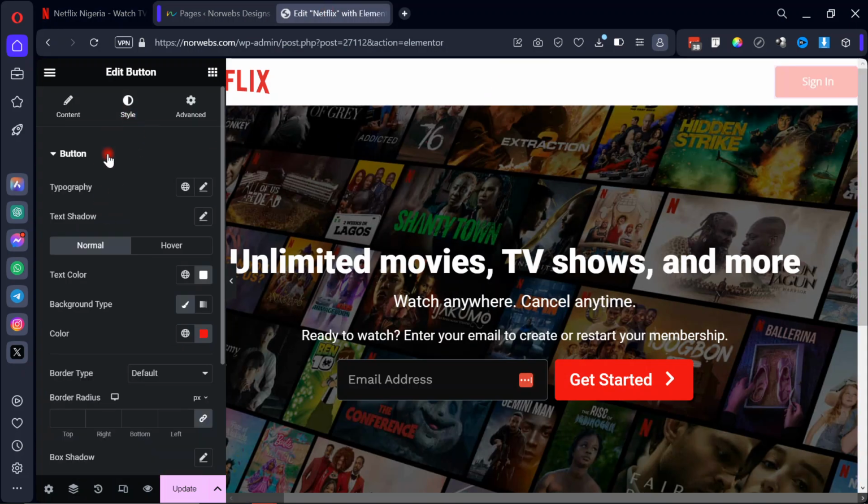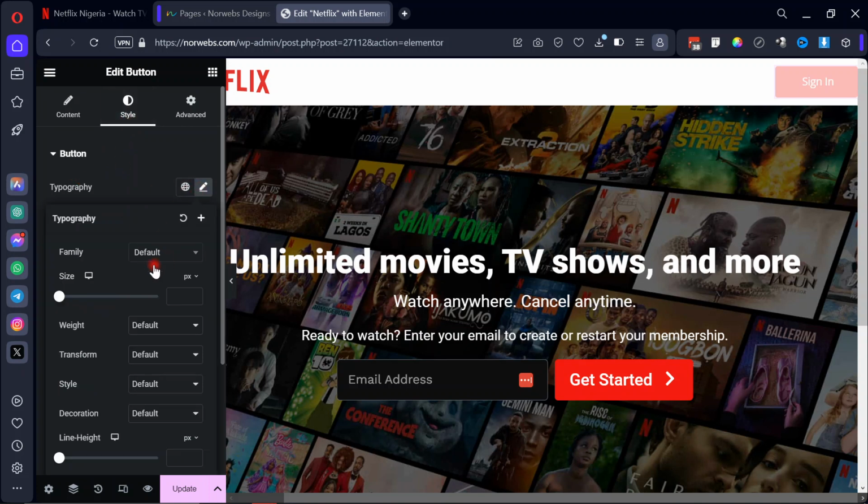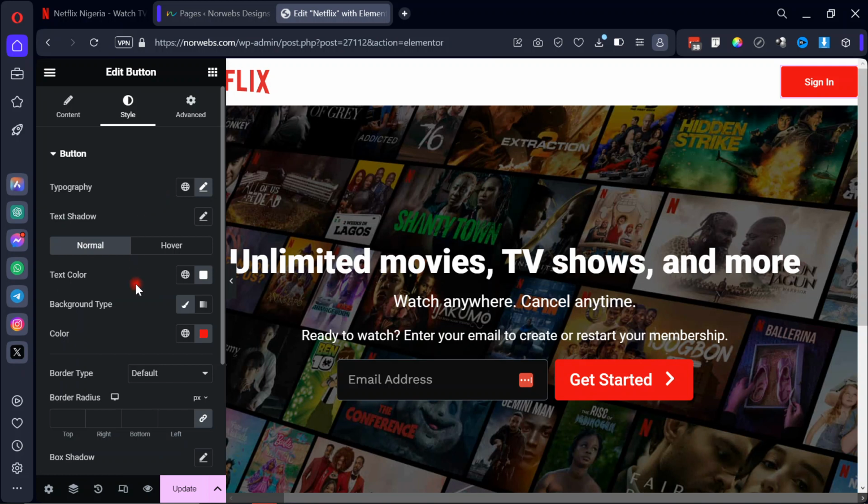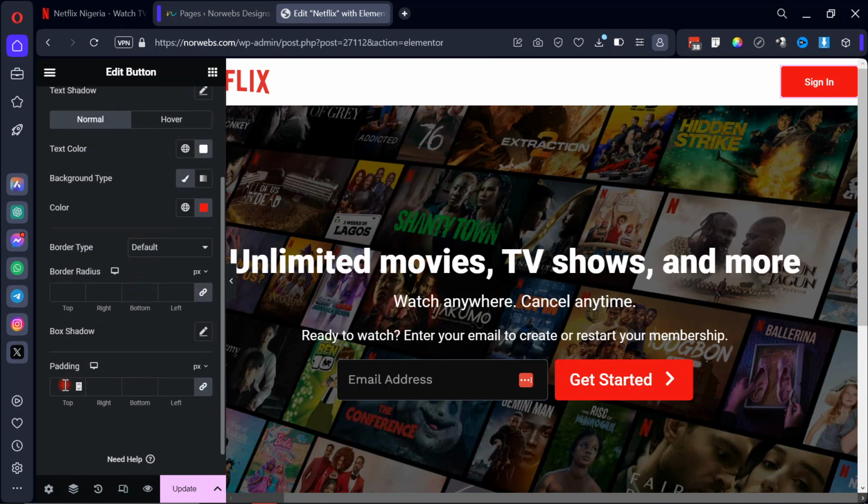Go to style and the typography. Of course, we change it to Roboto because we're using Roboto, right? Then 14 pixel font size, font weight 500. Then the padding 4 pixel top and bottom and 16 pixel left and right. Okay, so